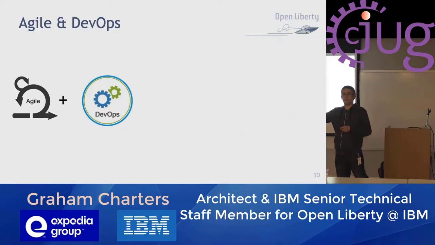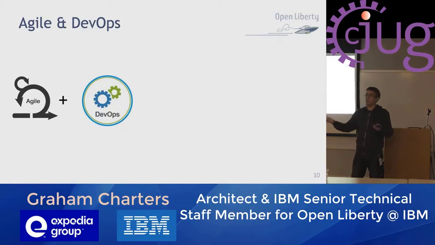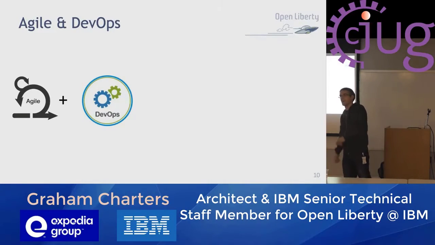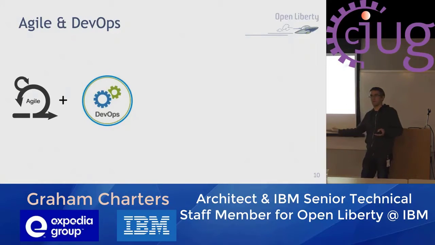And then you hit the operations problem where in a lot of the customers I work with, they've got development teams, they've got operations teams. You throw the application over the wall to the ops team and they go, thank you very much. Okay, we'll put it into production in 3 months' time. And it's kind of, well, what's the point of the development team delivering value every 2 weeks when the operations team can only deliver value once a quarter?